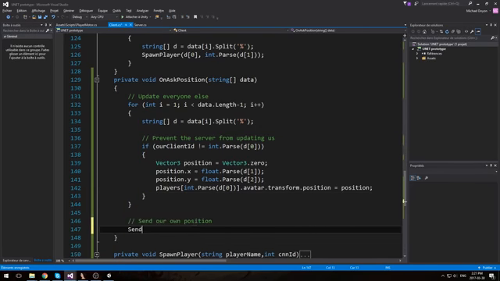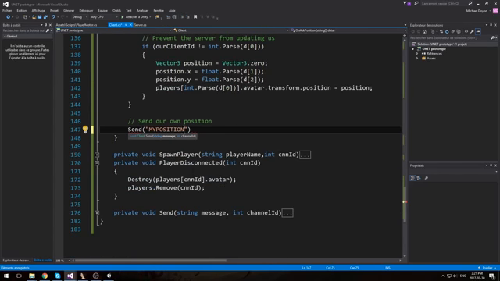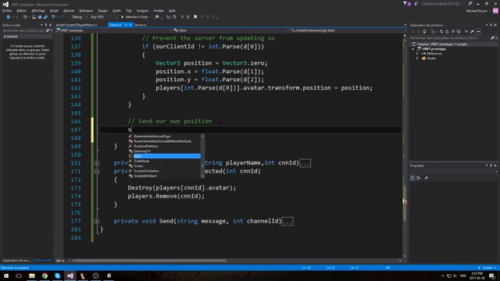So we're going to say send. Our message is my position, something like that, why not? And we are going to include our vector x, our position x, and our position y. So string m is equal to my position. Then